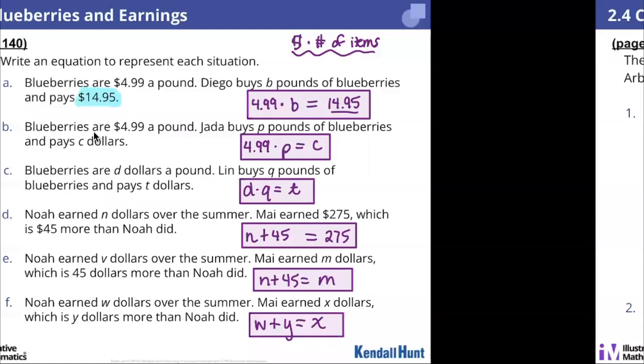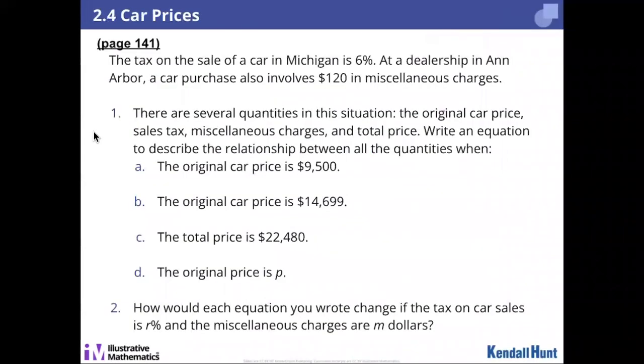Okay, so if you guys turn now to the next page, page 144, we have one more example today, and then we're going to call it for today. Okay, so this guy, it says the tax on the sale of a car in Michigan is 6%. Now I'm going to pause before I really read the rest of this,